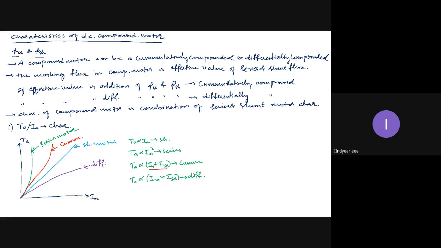So these are the characteristics of DC compound motor. It will always be drawn in relation with series and shunt motor. But in the notes it is not with multicolors. Because I can use multicolors here, I chose them; in the notes it is with different dotted lines and dash lines and all those things. Okay, in the updated notes.